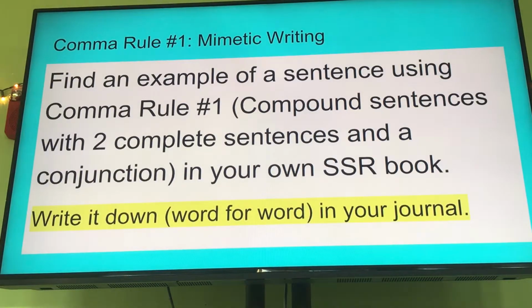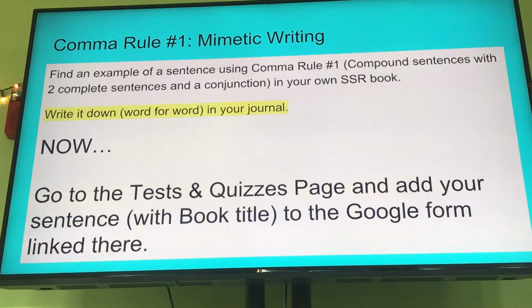All right. Then we had you look in your own SSR book and find an example of comma rule number 1. There will be one. Don't be like, oh, mine doesn't have one. If you have a graphic novel, a comic book, a nonfiction, a fiction, anything at your reading level, if you're not in like a first or second grade reader, you're gonna find one. And so then once you find one, write it down in your journal,